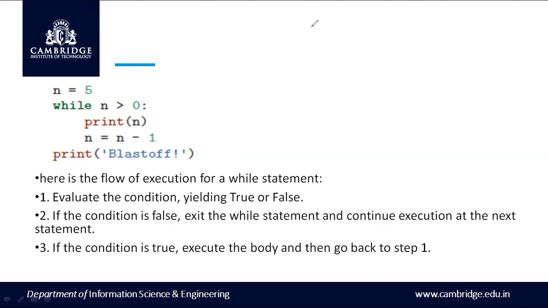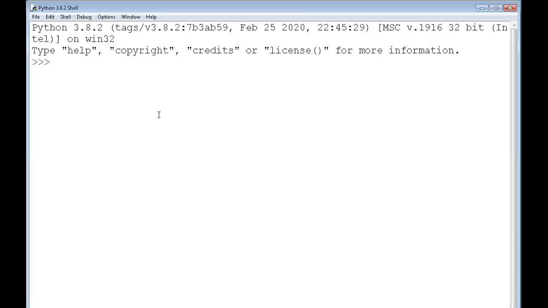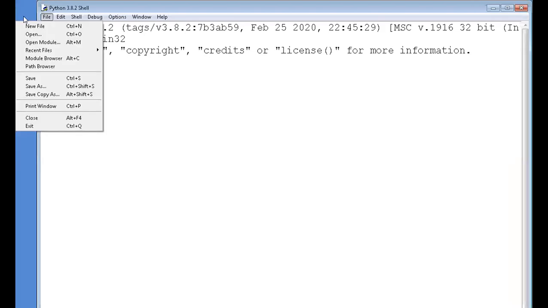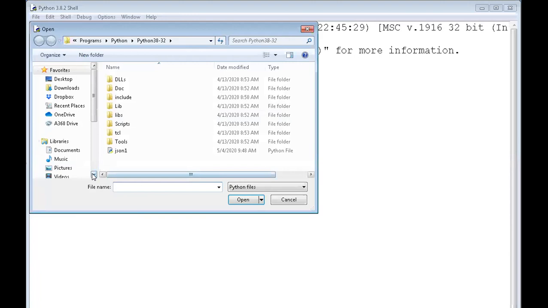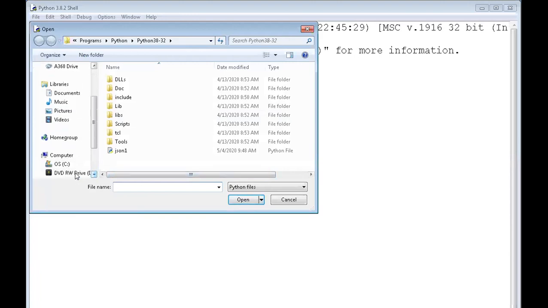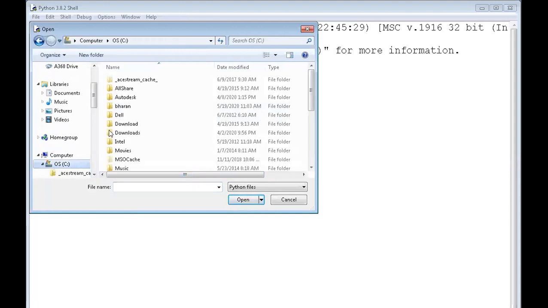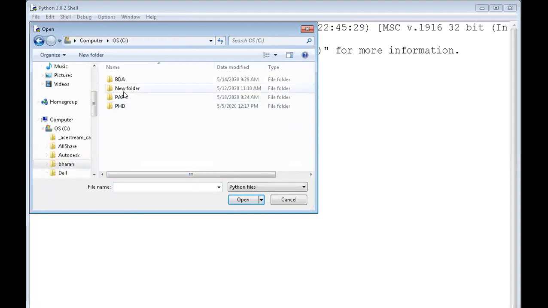Let us execute this program and check the while loop demonstration. Here you can see the Python shell. We'll execute the program while, which demonstrates the while loop.